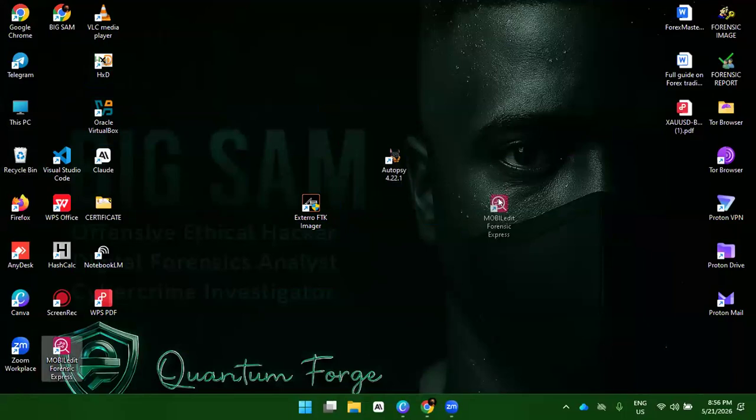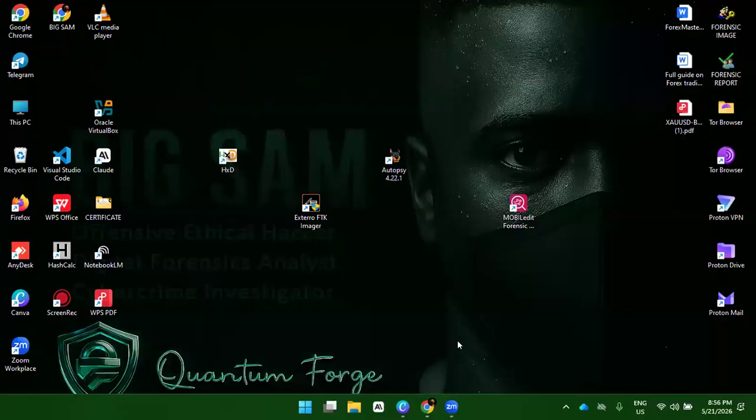This is Mobile Edit. Now, this is a paid tool for mobile forensics. You can't just see this all around. And we also have HashCalc. This is for checking the hash value of a particular file. As you can see, I did not really have many of the tools. I just have the specific one I want to use at a particular time. If I'm done with it, or I need another one, I can just go to my toolbox and get it. This is to calculate your hashes.